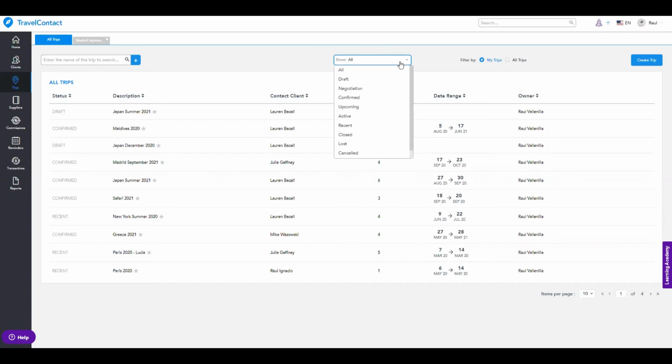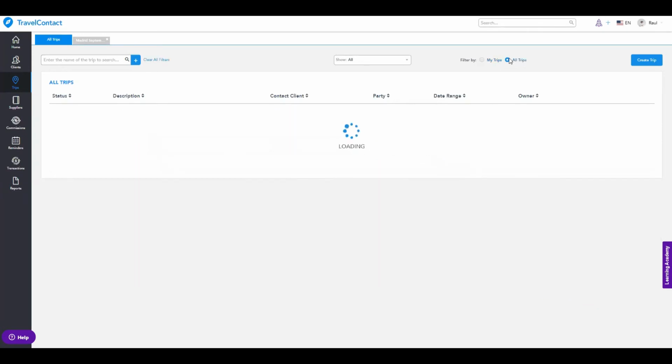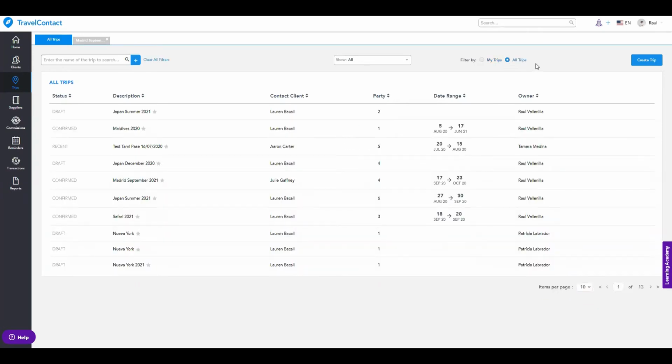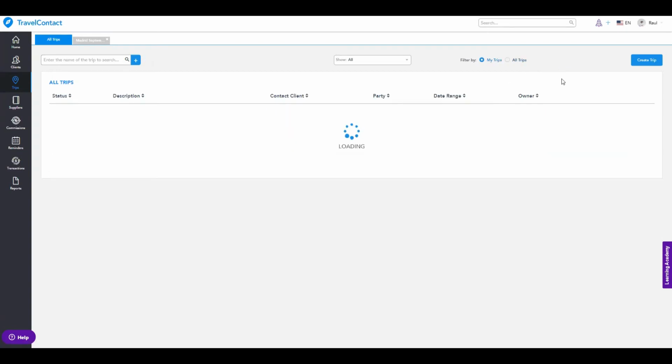or canceled. We're going to take a look at a little bit more into the trip bar as we start going into trips. But this will be an ideal way to filter those trips on that list. Also, if you're an admin user, you'll be able to review your own trips or all trips from the agency. All you need to do is select this option. It's going to change the list and show you the entire trip database. If not, then you'll only have access to your trips or those trips that have been created on your behalf